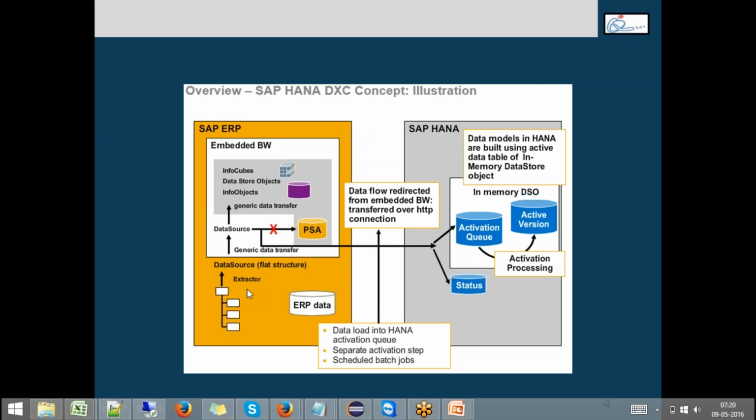Okay. So in the ECC, we have the extractors. Now, within the BW component of ECC, you replicate the data source. And then when you run your info package, instead of loading it to PSA, it loads into corresponding tables in HANA. That's the concept of DXC. So this is the best case when you go with a sidecar implementation. When I say sidecar, let's